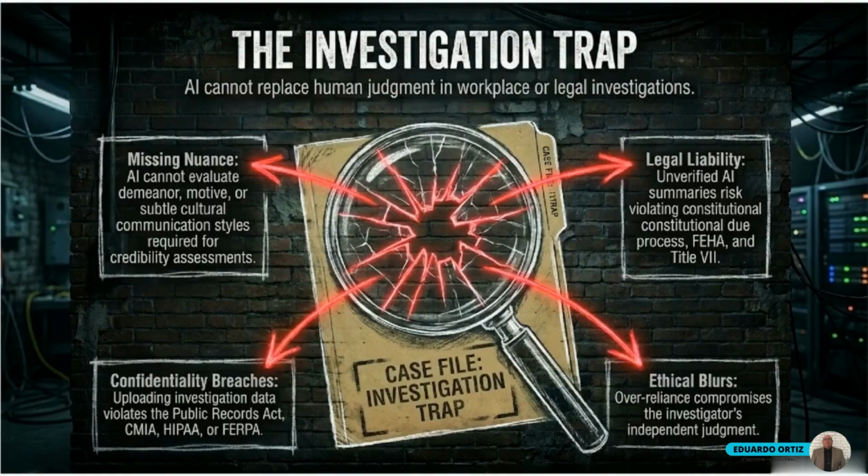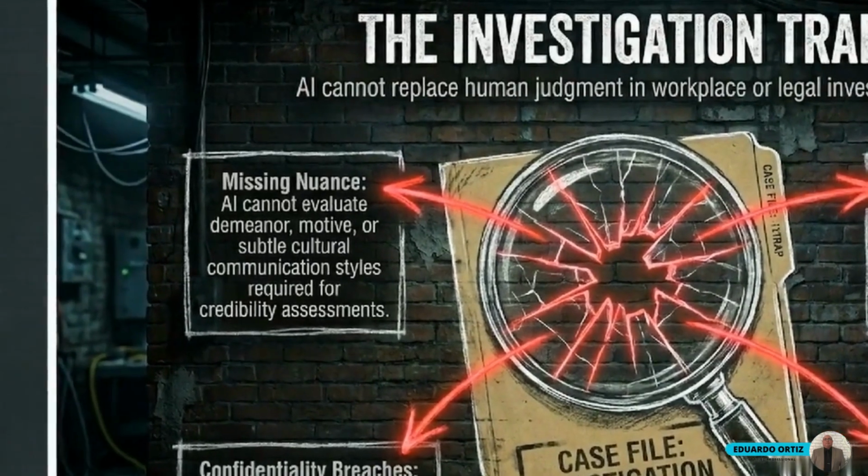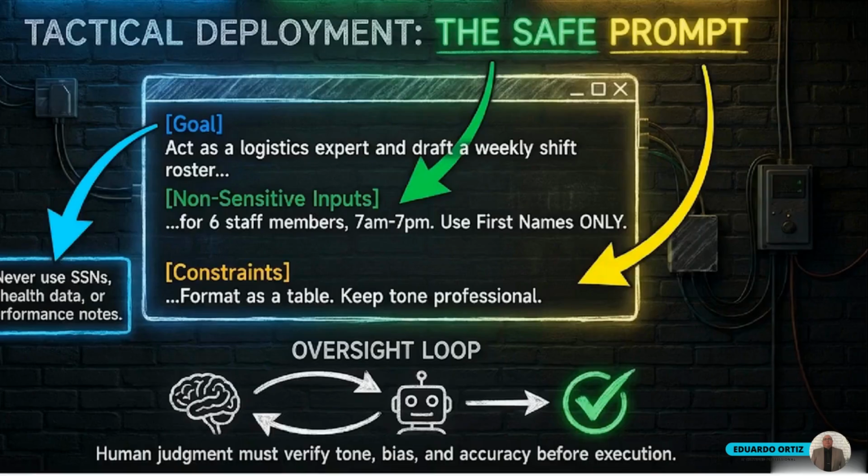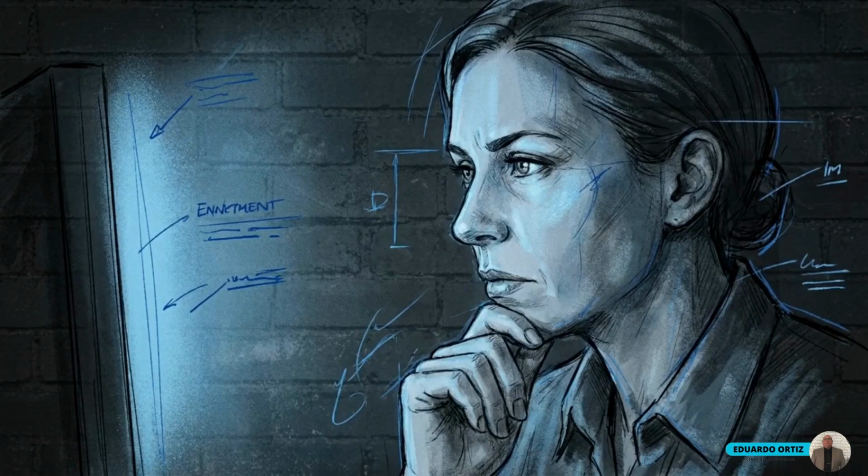This investigation report identifies why AI cannot replace human judgment. It lacks the ability to evaluate nuance, motive, or the cultural communication styles required for credibility. The oversight loop is the final checkpoint. You must verify the tone, check for bias, and confirm the accuracy of every output before it is used. A well-structured prompt limits exposure, but the human oversight loop is the only way to guarantee the accuracy of your